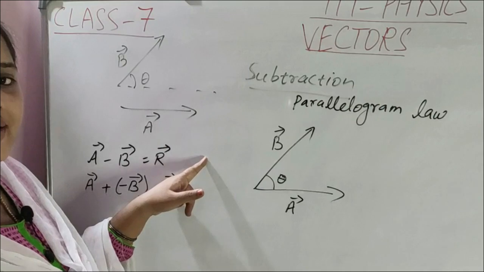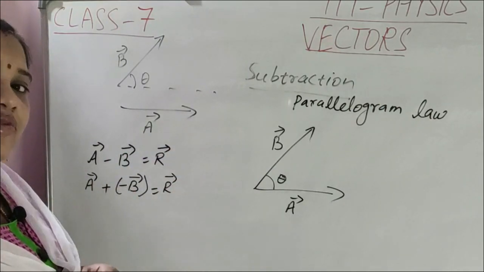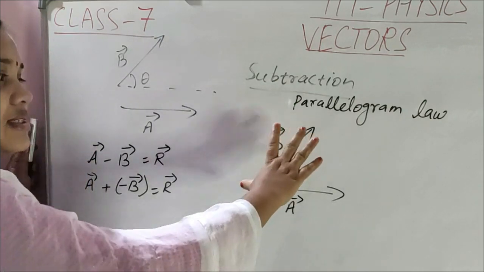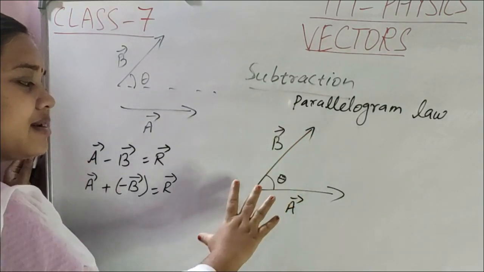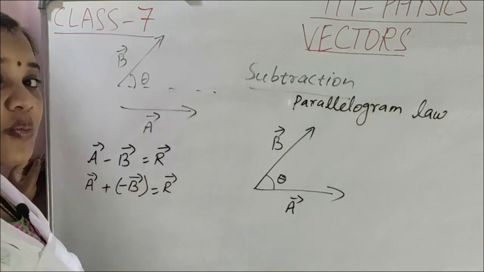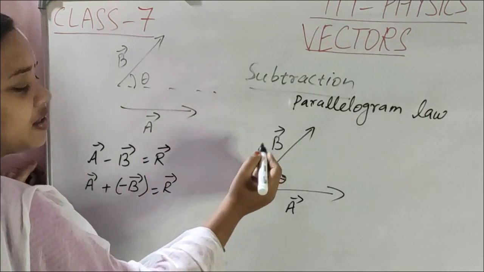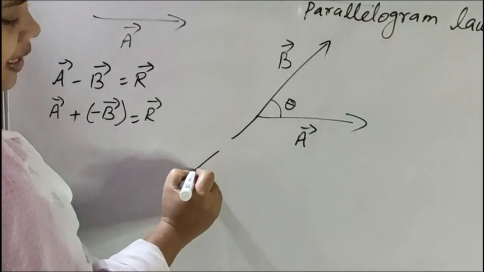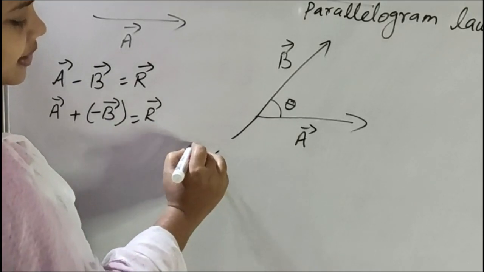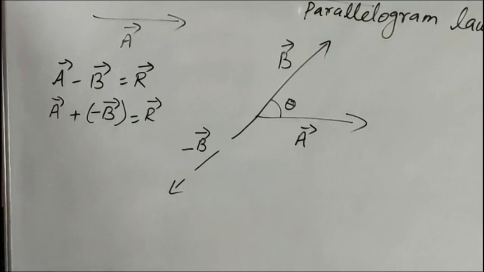Now you see, what we have to do is add vector A with the negative of vector B, not vector B. Now where is the negative of vector B? Suppose this is 5 units, then on this side it is also 5 units but in the opposite direction, then you will get the negative of vector B. So this vector B only you produce like this. This is the negative of vector B. Clear? Opposite direction you have to produce, then you will get the negative of vector B.